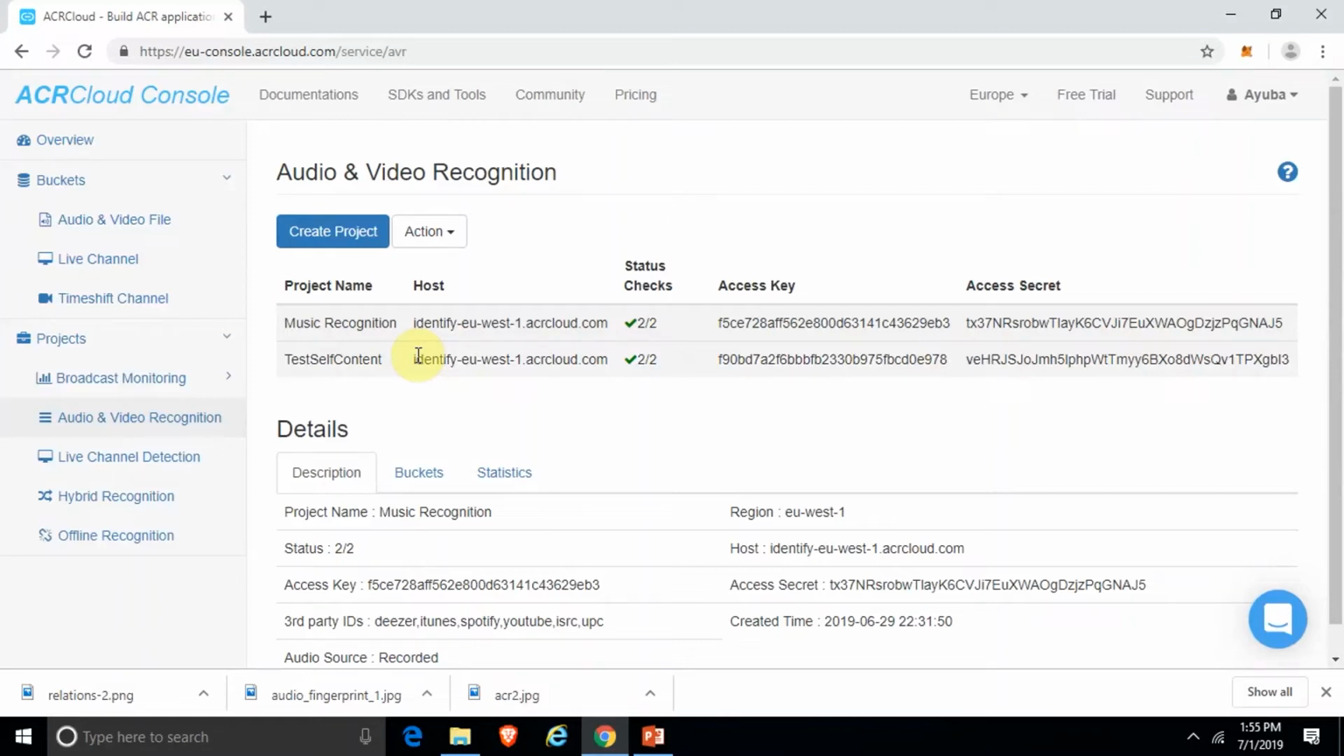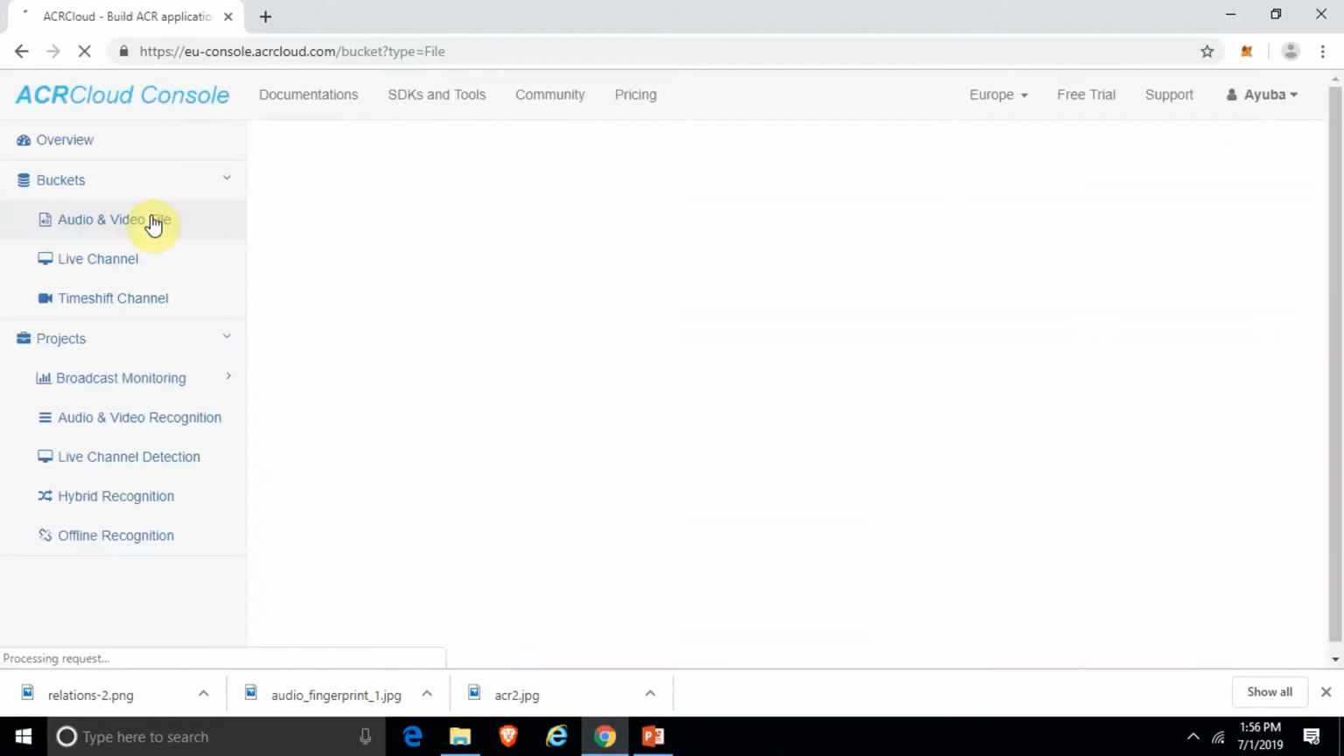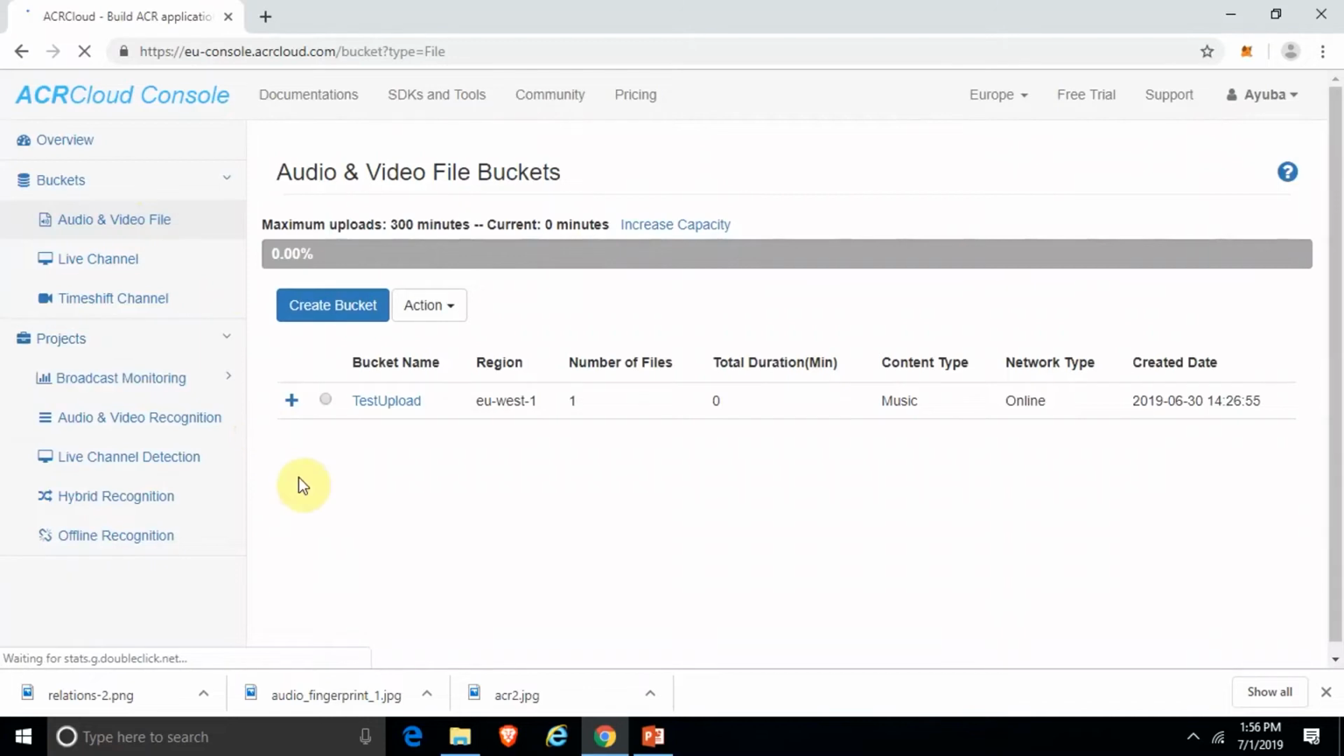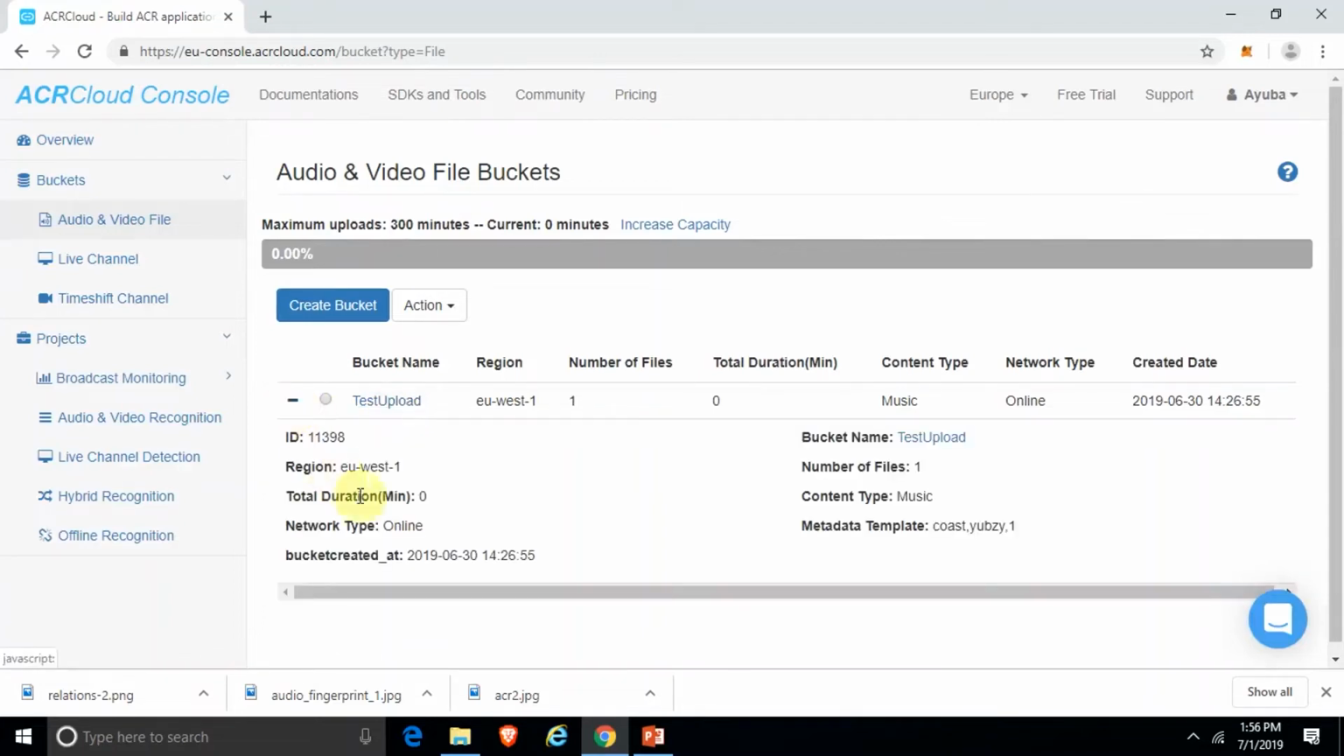So you can see that, and then if you go to audio and video file, after creating the project, if you go to audio and video file, and good here, now you can create a bucket. Now creating a bucket is like creating a repository where you can put your files in it. Now I created a bucket called test upload, and then if you hit this button here, you can see this